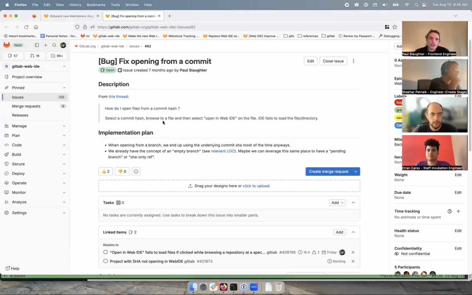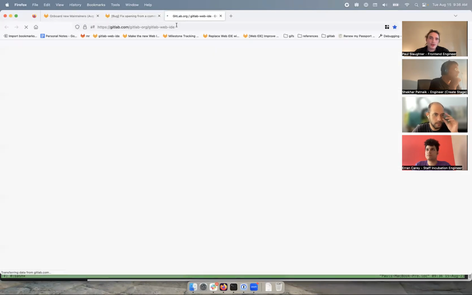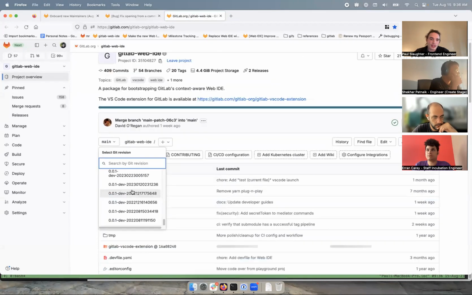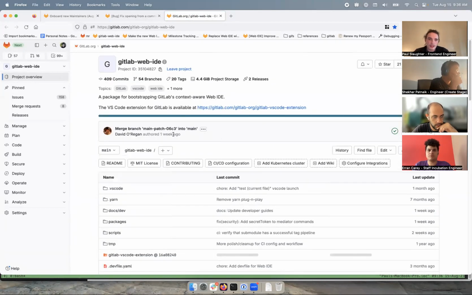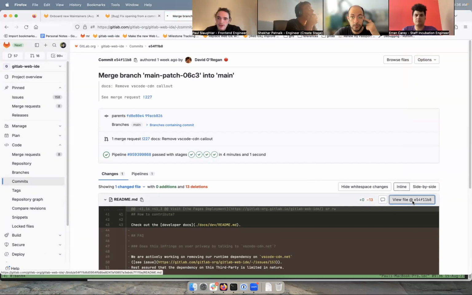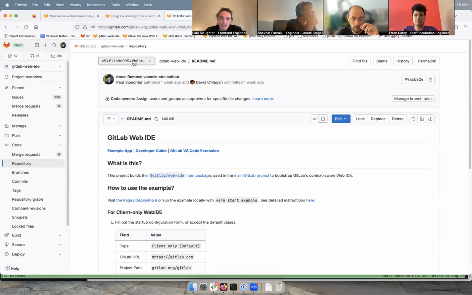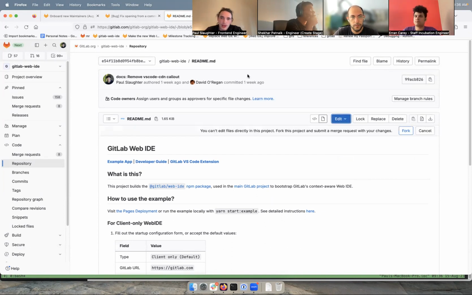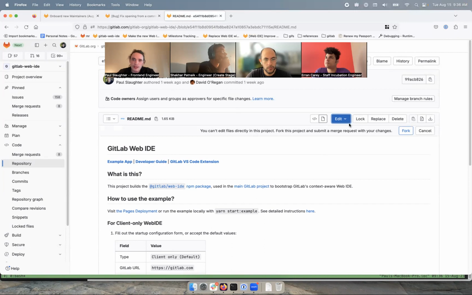The situation is, if I am viewing the project here and I'm not on a branch but actually on a commit, and then if I view the file at a specific commit and then go to open in Web IDE, this will blow up. Oh, why are you complaining that I can't open projects? Oh, it's already freaking out. Come on. What are you doing? Oh, that's weird. But either way,